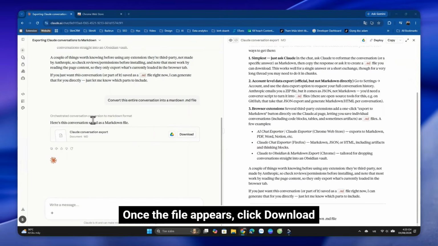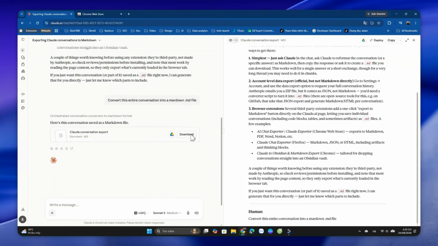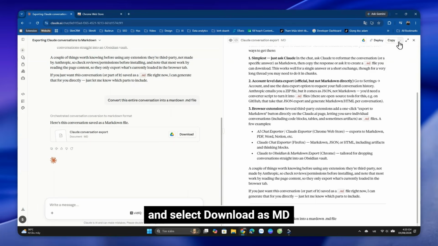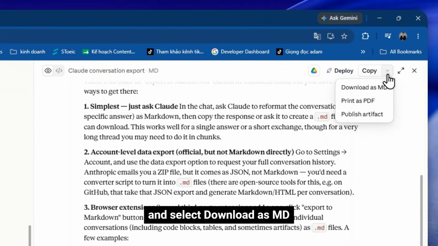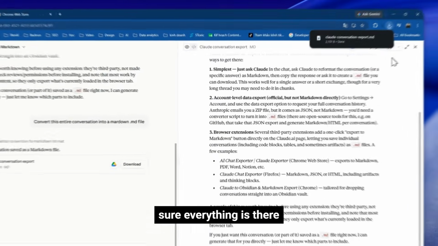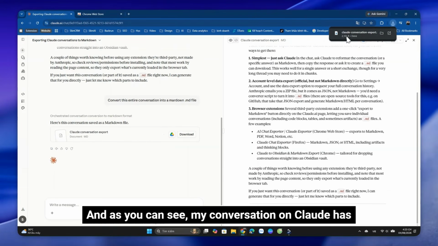Once the file appears, click Download. Then, click the drop-down arrow in the top right corner and select Download as MD. You can also preview the document first to make sure everything is there. And as you can see, my conversation on Claude has been successfully created and saved to my computer in Markdown